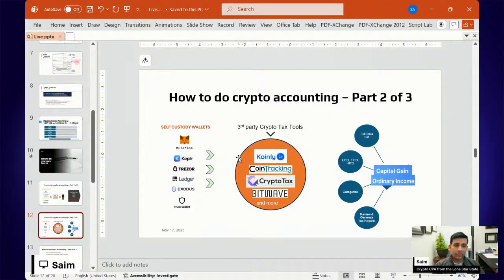Otherwise, it will be very, very difficult for you to complete. And then also, where will you have issues? Let's say that you're picking LIFO in Koinly or CoinTracking or some other tool, but then you're picking FIFO in your Coinbase. That's going to give you a data mismatch. There's no way you're going to be able to provide that cost basis data because Koinly will show you something else, and then Coinbase is thinking that, oh, we're going in this other chronological order. So this is something that you need to make sure that you're not double counting, and you're not basically overpaying.